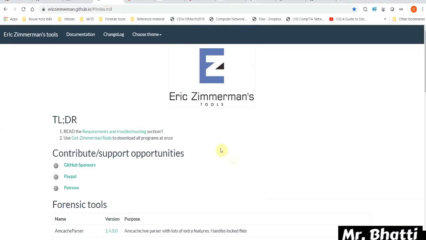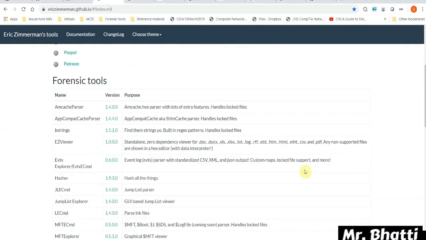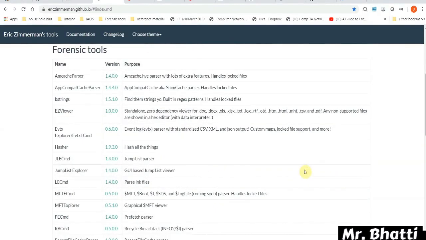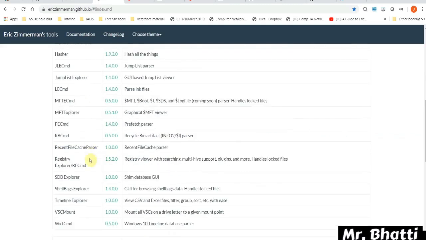We're going to go to Eric Zimmermann's website for the Zimmermann tools. There's several tools down here. These are all free and open source, so you can download whatever you would like. What we're going to be using for the course is we're going to want the AmCache Parser, and again, you just click the link and download the tool. The AppCompatCache Parser, the MFT Explorer, Registry Explorer, Shellbag Explorer,